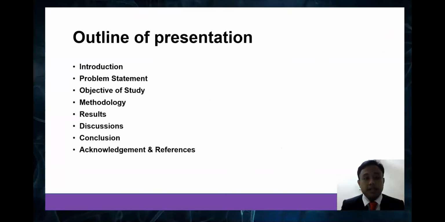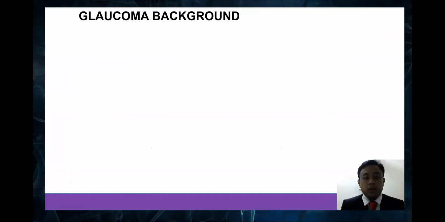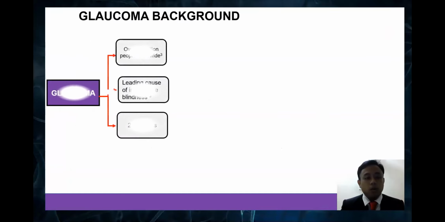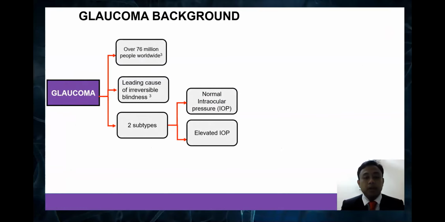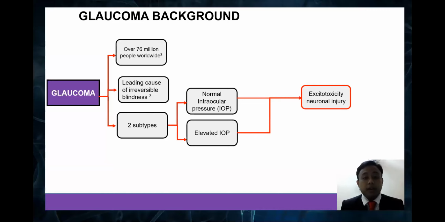Here are the outlines for my presentation today. So let's talk about glaucoma. Glaucoma is an ocular disease that has affected the lives of more than 76 million people worldwide. Currently, it is the leading cause of irreversible blindness in the world. It can be divided into two main subtypes, which are people with normal intraocular pressure or IOP and those with elevated IOP. However, both subtypes can potentially develop glaucoma due to excitotoxicity neuronal injury, which can be caused by